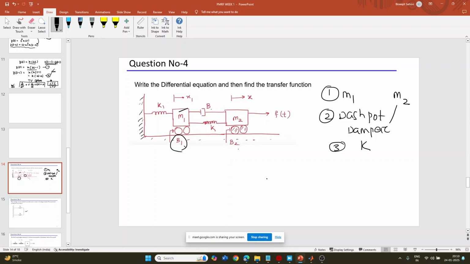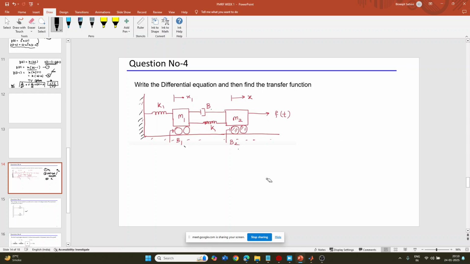Once you know this, just writing these equations is a mathematical thing. You just apply Newton's first law, and Newton's third law: if there is action, there is an opposite reaction. So just two laws will help you find the equations. Let me go through how to approach these questions, one by one.